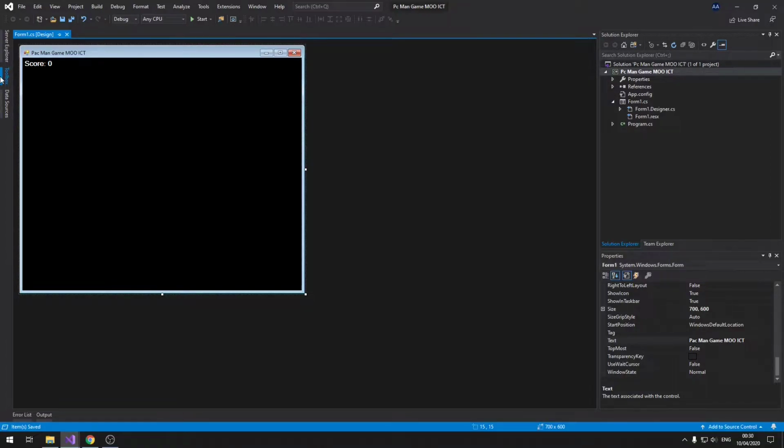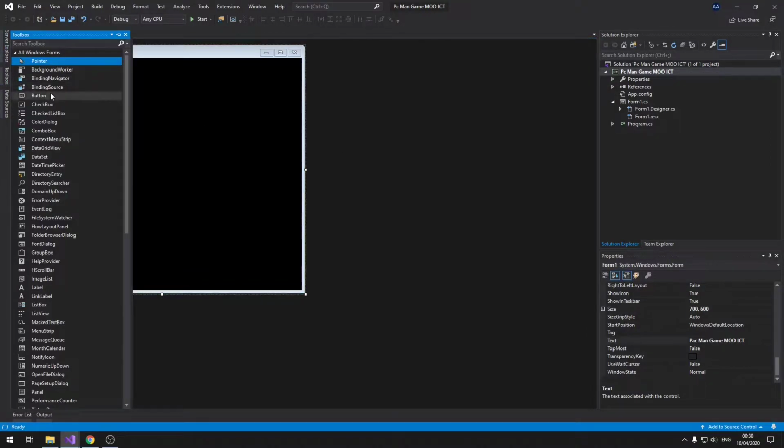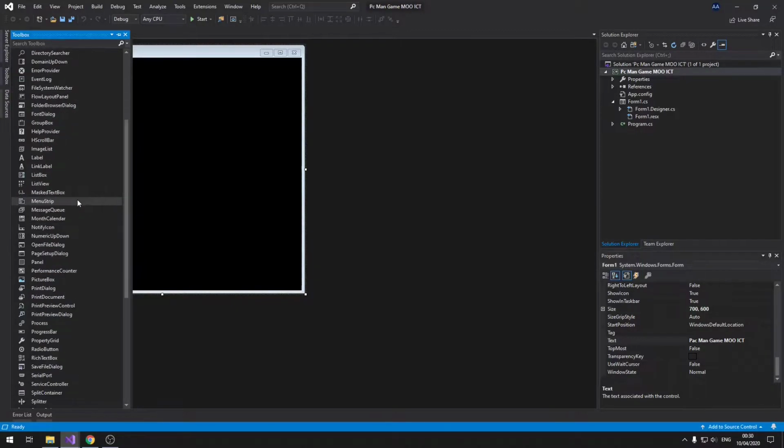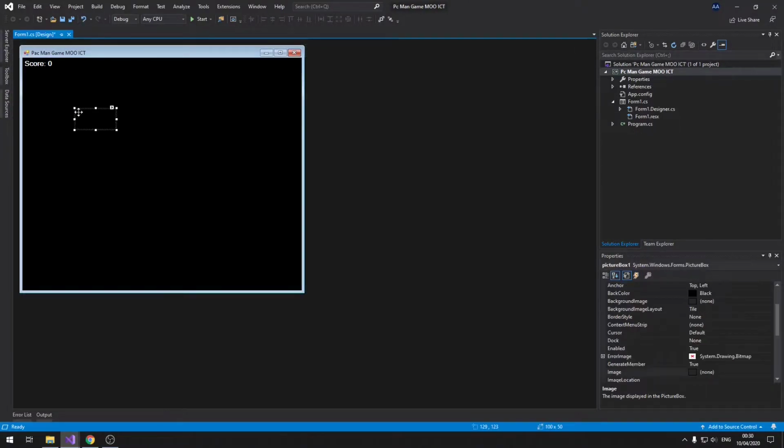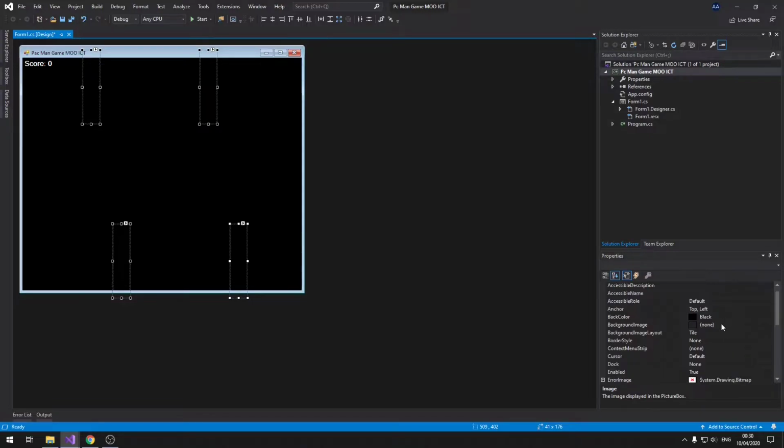Okay, so what we need to do now is put some picture boxes up. So let's put the walls up first. Okay, so let's make a wall here. I'm just going to hold control and then drag that over here like this. Highlight both of them, control and drag this one down here. So if I hold shift and control on all of them, so I have all of them selected,